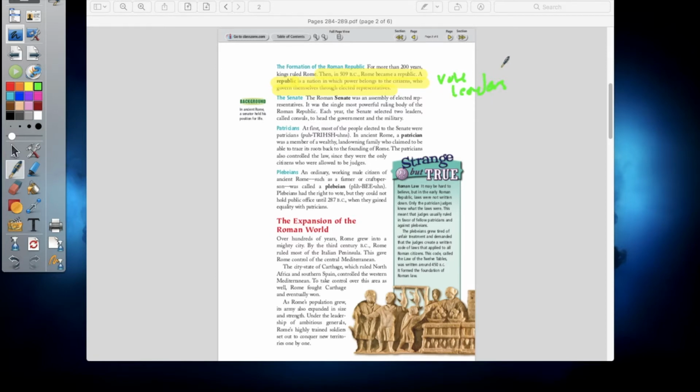And those leaders, of course, make laws and rules, and that's how things get done. The group that was responsible for this within Rome at that time was called the Senate. These were the elected representatives who were hired to represent the Roman Republic. These are the guys who also were responsible for the laws. They also elected 2 different leaders called consuls, and those guys led the government as well as the military. So every time Rome went to war, they would have 2 consuls. One would go to war and fight for Rome, while the other one would stay home and protect the country itself.